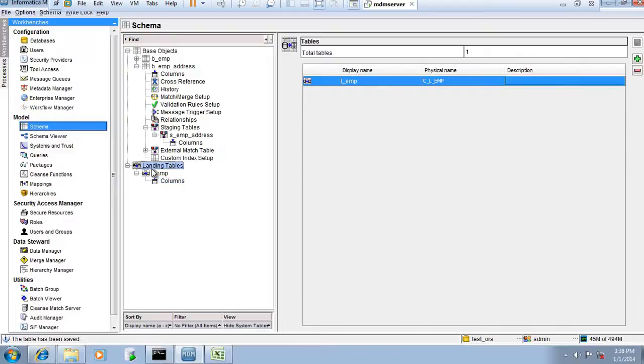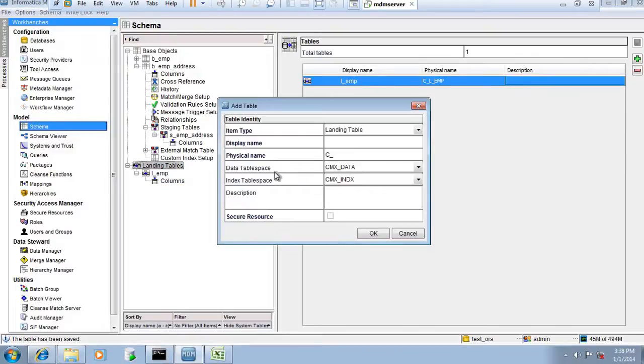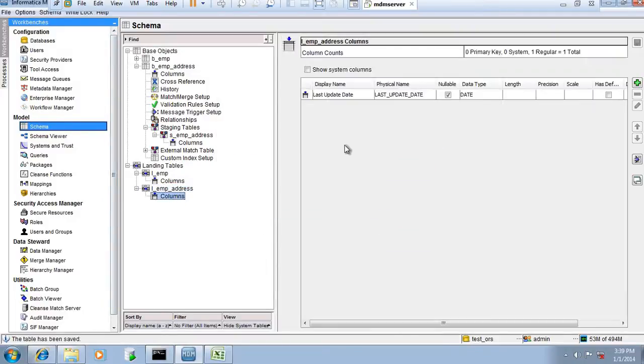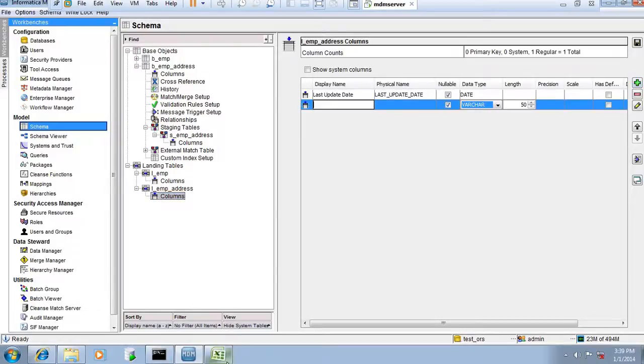Now let's define another landing table for the employee address. So that is L underscore emp underscore a double d r e double s address, right? So let's create one. Created. Now let's try to define the columns. Click on this. We have address ID, address EMP ID.